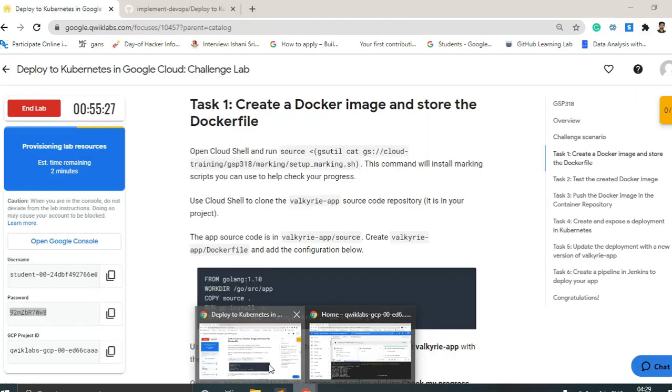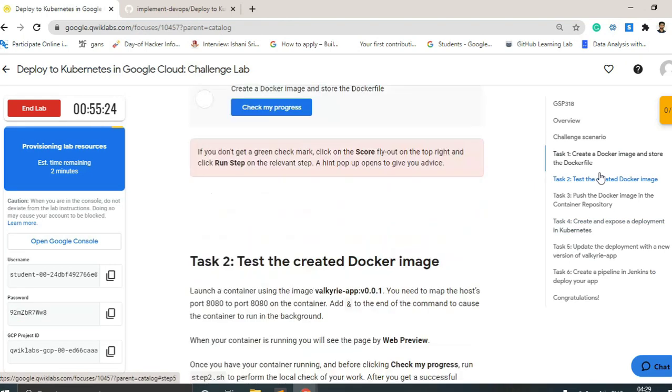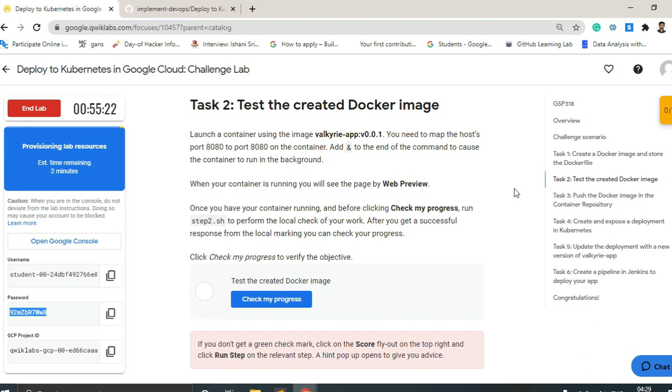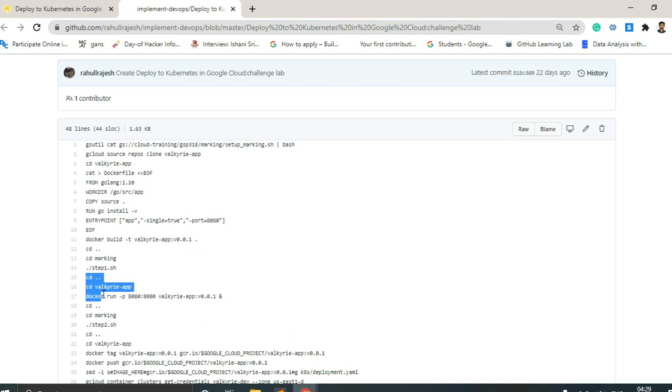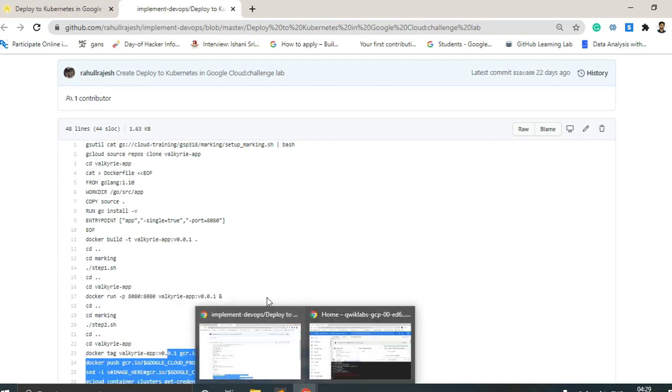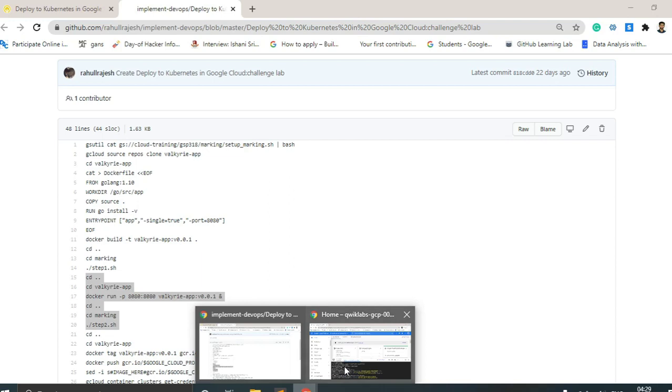Until then, let's read our second task, that is, test the created Docker image. Great. We will test it, and for that we will copy our next code till step2.sh. This is a very organized repo, and I like that in case we are stuck at any step, we could refer to it.